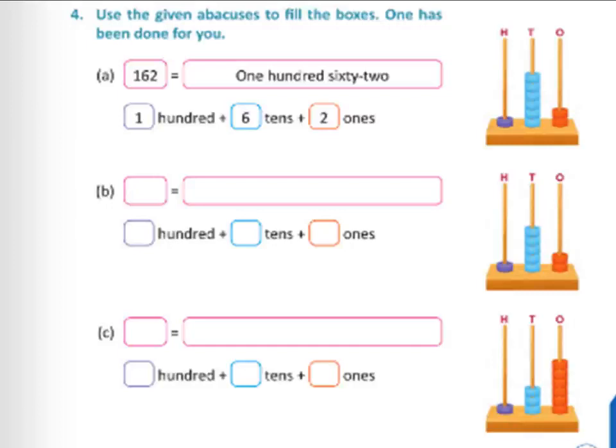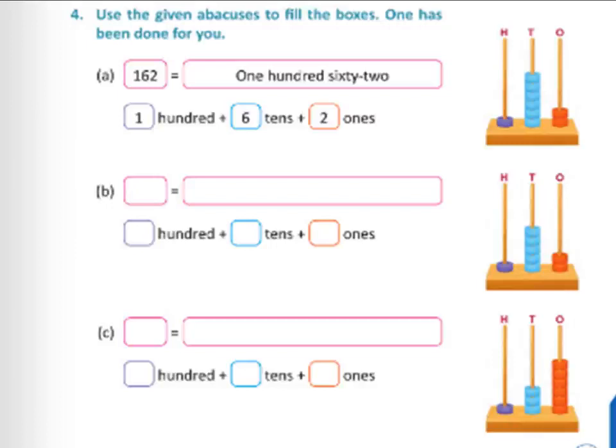So this will be a combination of your second question. You have to write the number name as well as places. From where will you get the number? From the abacus. So first question, just see the abacus. I hope you remember abacus is a calculating tool for representing numbers. Since we are studying 3-digit numbers, there will be 3 rows: hundreds, tens and ones. So according to the digit, the beads will be there.